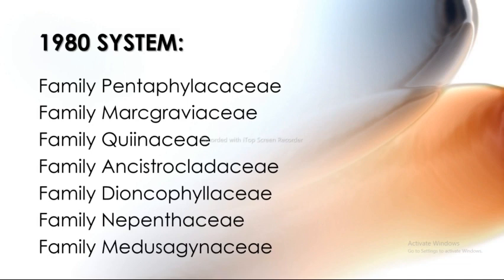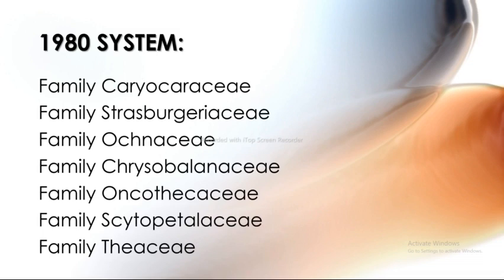Quiinaceae, Ancistrocladaceae, Dioncophyllaceae, and Nepenthaceae, and the next is the Medusagynaceae, and the next is the Caryocaraceae, and next is the Strasburgeriaceae. Next family is Ochnaceae, and next family is the